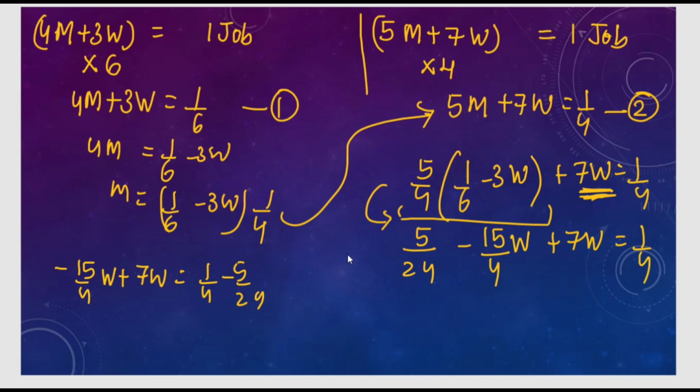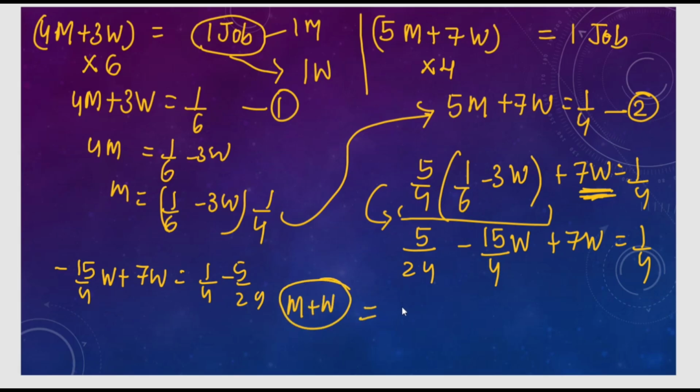Because they are commonly working on a single job, if this one job is done by one man, then it is the amount of 1 upon 56 or 1 upon 58, whatever the amount. If the single job is done by one woman, then it will be something. But the question is, what will be the time done by one woman and one man when they are combined? So when both are combined, I will just sum m and w, and my answer will be something like 7 by 156.